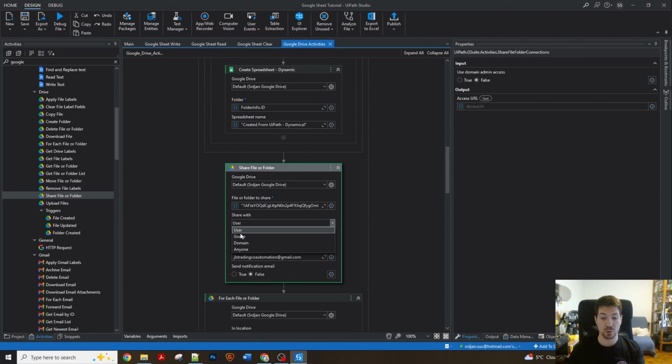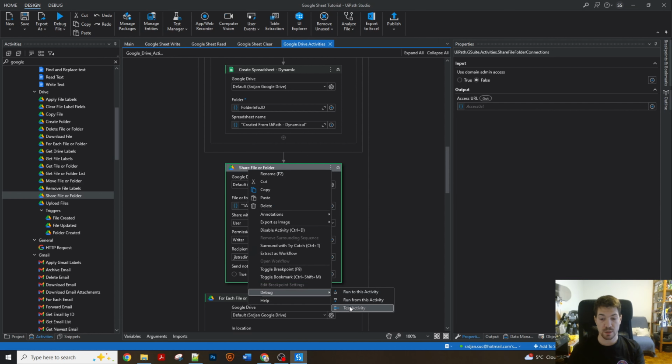I will share it with the user. You can share it with a user, group, domain, or anyone. And then you can also give it ownership, write, commentator, or reader access. In this situation, we want to give it write access. We don't want to send an email notification, and the recipient is this one, and you can put multiple recipients in. So if we run this activity,